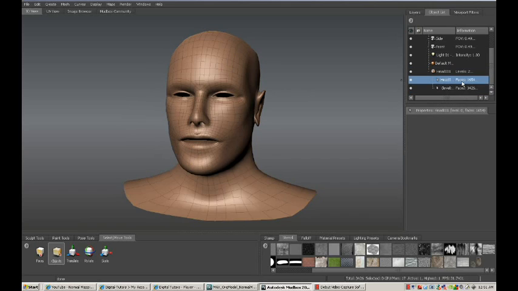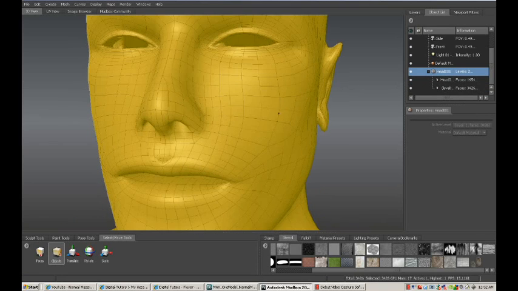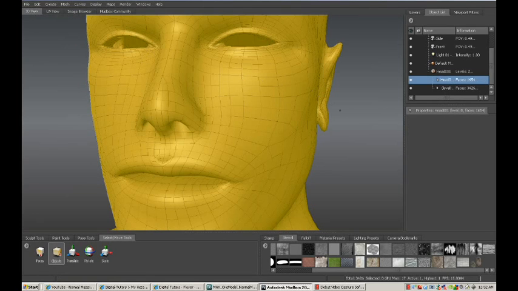And as you can see, if I click back and forth, you will now be able to see, as we move up close, that we have subdivision levels within those polygons. So if we go right over here to UVs, we can see our UVs. And as we begin to develop our mesh by sculpting in the detail, we will want to manage the UVs carefully. And as we go back to the 3D view,